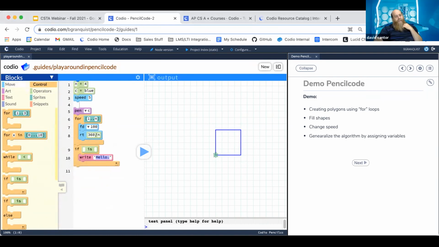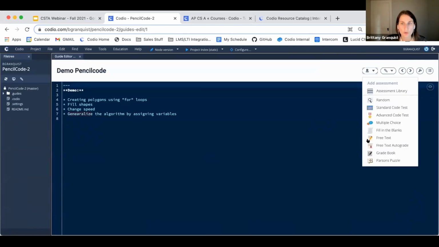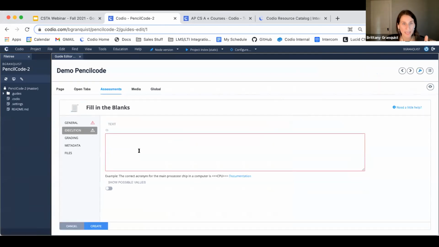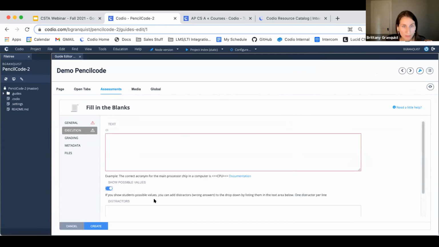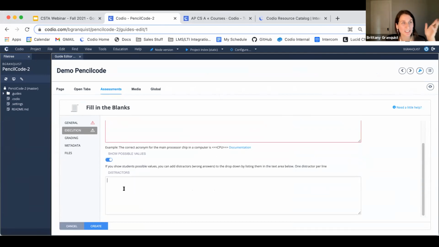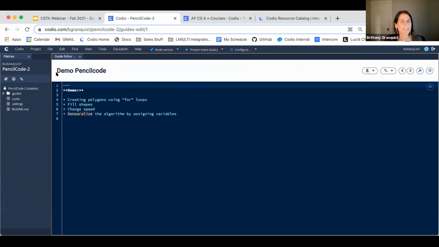How would you build an assessment into this? Sure. So I can show you this in a little bit with Jeroo. I designed a guide that's a little bit more engaging than just this. But what you would do is hit this pencil and just create an assessment that would show up right here. A lot of the fill in the blanks that we have under the execution use Markdown. So when you're putting all the blocks in here, you can actually use pictures. So you can take screenshots of the blocks in PencilCode and create an assessment with that. But instead of making it right now, for time's sake, I'll show you in Jeroo if that's all right. So that's PencilCode.